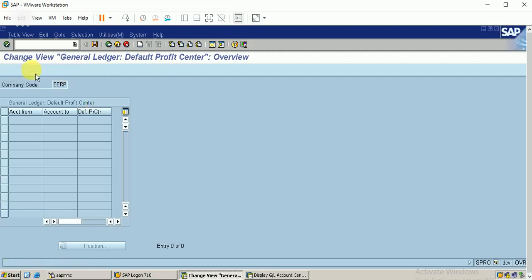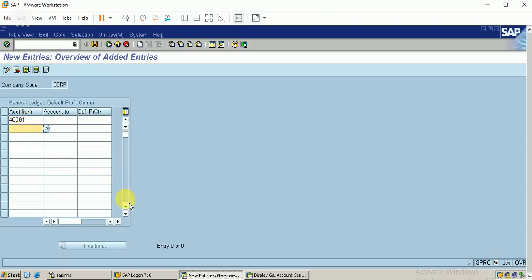Here click on new entries, and I can give the accounts. This is my revenue account, and this is my expense account. I just created only one account in those groups, so I have to enter only one account. If I create new accounts, I should change this number and add those accounts here also. The default profit center is one.